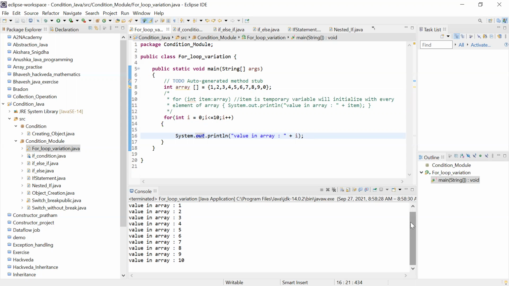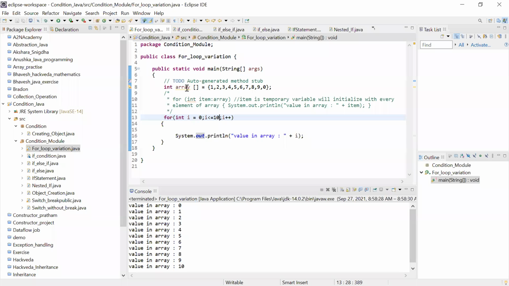Okay, 1 minute. Yeah, array, for int i is equal to 0. Here I need to take array dot length only, and based on that I have to print the content of the array.